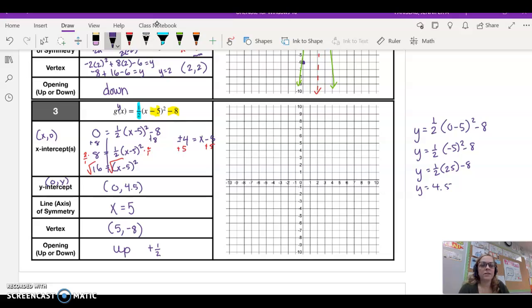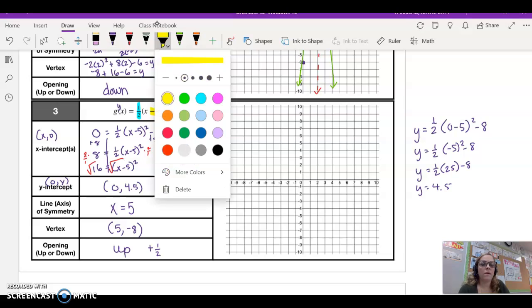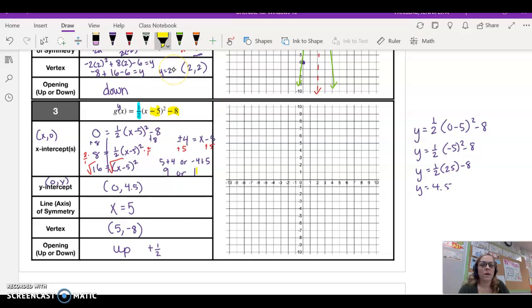Okay, and so this looks a little funky, so if you need to write it out, it's 5 plus 4 or negative 4 plus 5. So it can be 9 or 1. So there are my x-intercepts. So now I've got all my information, so then the only thing else I would have to do